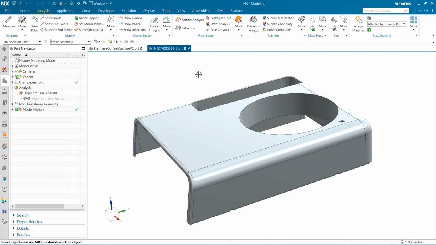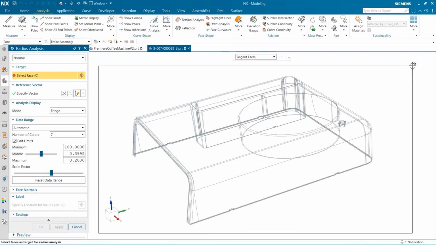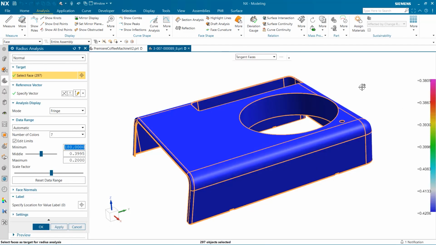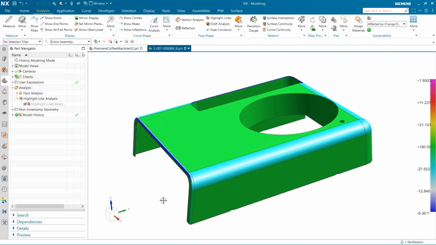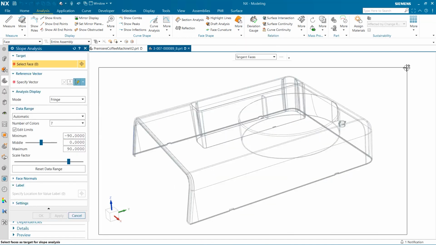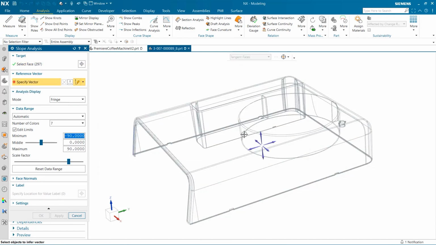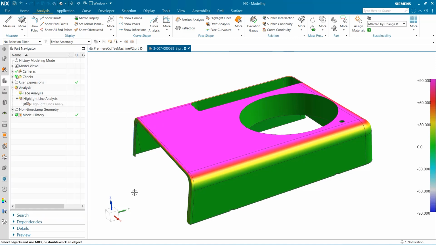The next two tools I want to dive into are the Radius and Slope Analysis tests. Here, we are able to produce a color gradient scale for both tests across the different faces within our part. The key for the different color values can be found on the right of the screen, which helps enormously in assessing your part during each test. Both of these tests can be integral to determining if your design is best fit for addressing consumer needs. Once finished, we once again can see the results for both tests have been organized in the Part Navigator in case we would like to go back and review the results at a later time.